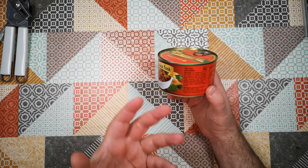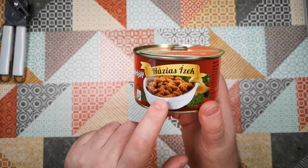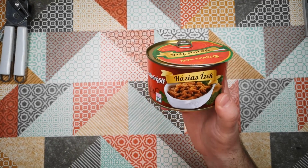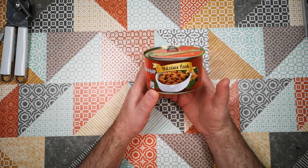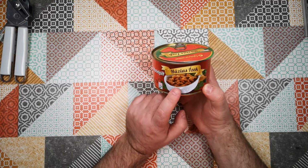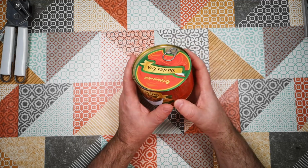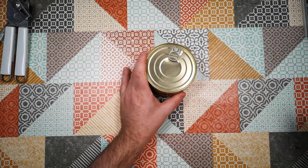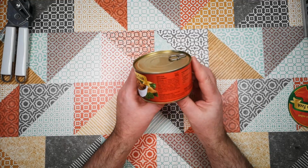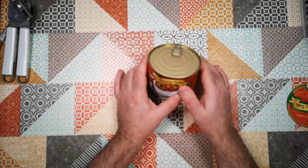It's a kind of paprika, oniony stew with lovely big pieces of tripe in there, which, if you don't know, is animal intestines. So some people might find that a bit of a challenge. I actually quite like tripe. It's just a bit of an animal, and if you don't have objections to eating other bits of animals, then really there's not much sense in making exceptions for things like this if they taste good. That's my view anyway. So let's get this open